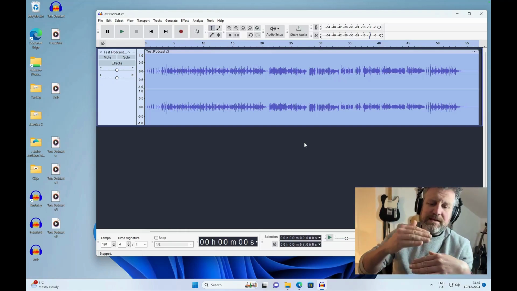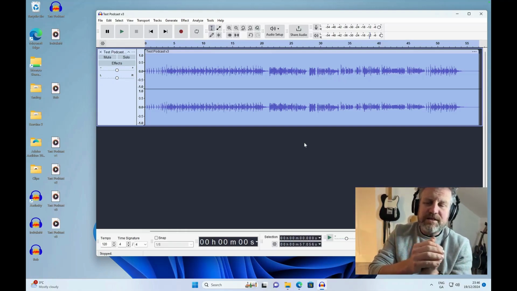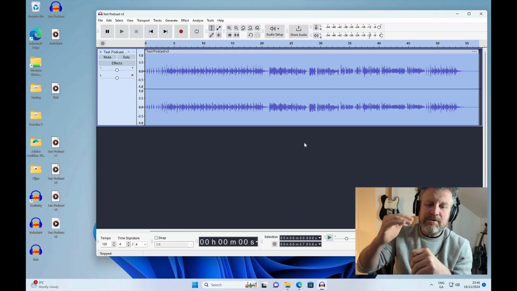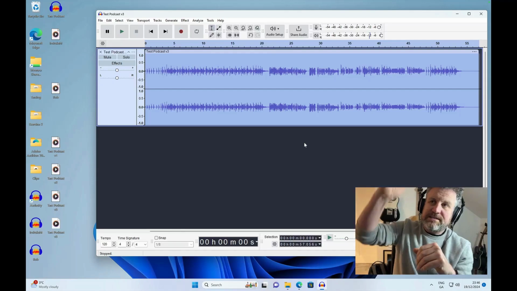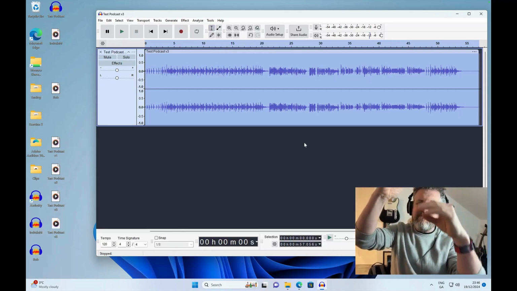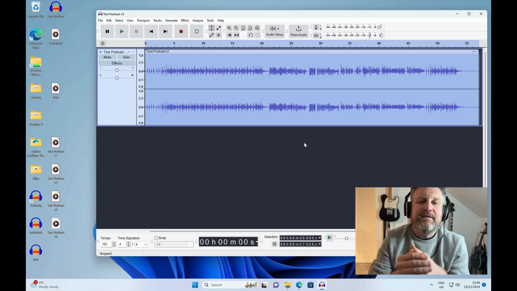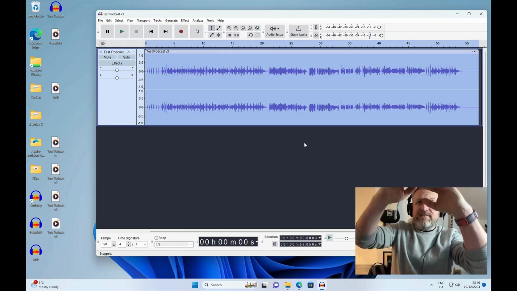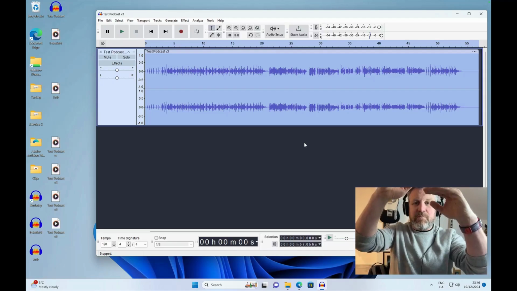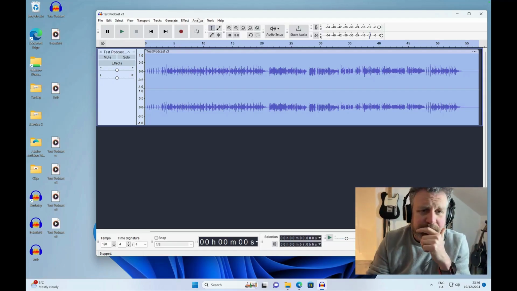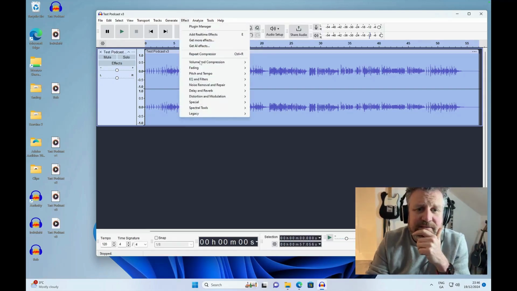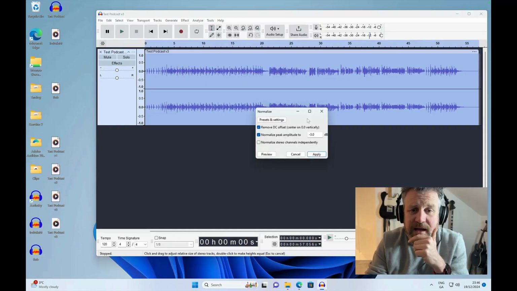If you set normalization to be -3, it will take the loudest part of the audio, set that at -3, and then everything else is relative to that. So if you've stuff down here, it raises everything up with it. So if I go Effect, Volume and Compression, Normalize, and normalize to -3,